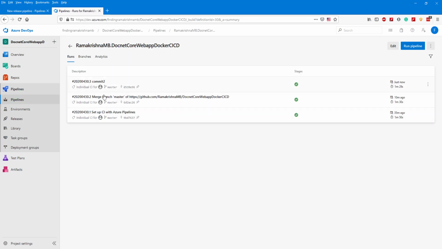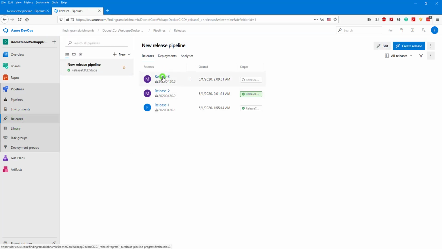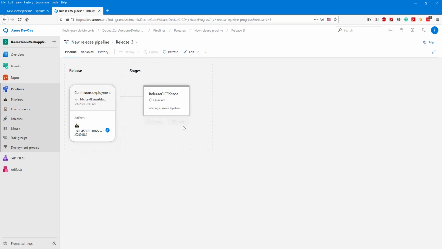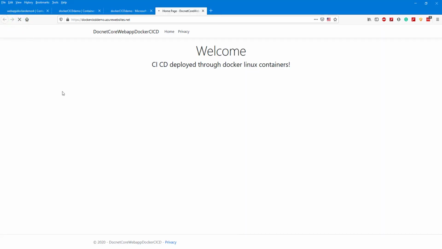If you see a right mark here, go to release 3 scheduled. Three out of three tasks completed in the release cycle. So the release pipeline executed successfully. Just refresh the page and see. Yes, it's working fine. So that's it guys. Each time we push a change to the master branch, the build will be triggered to build our application, then build a Docker image and push it to Docker Hub.